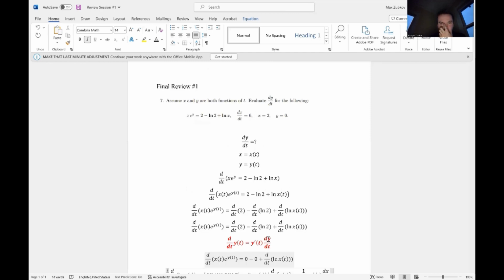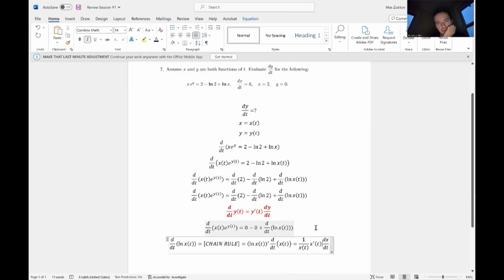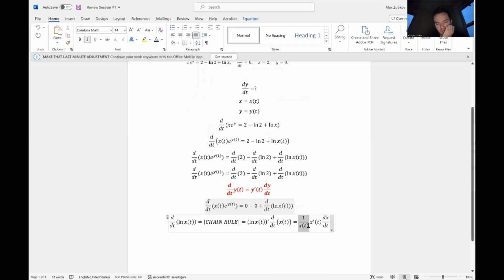Let me just double check something. So we have x prime and dx over dt. We know that x from our formula here is going to be equal to 2, so I know that this term is 2 on the bottom. But then my question is about these terms. I see. So here, when I take the derivative of d,